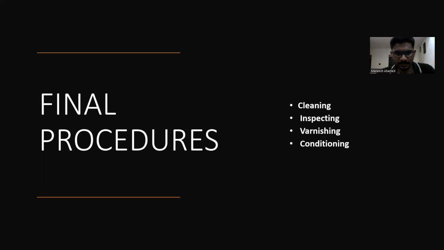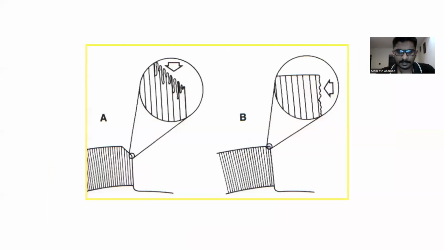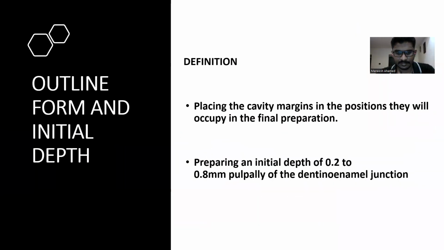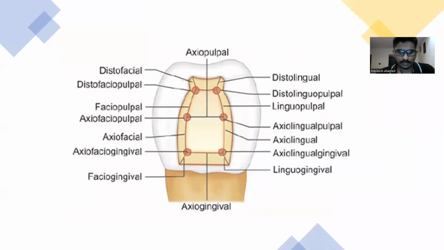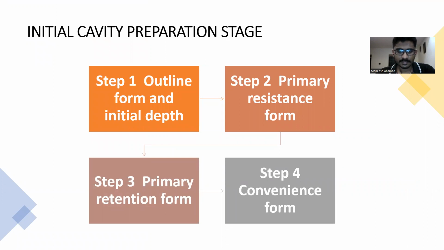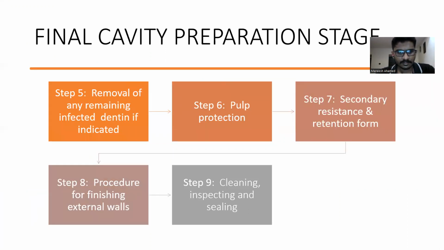So these are the final procedures involved in cavity tooth preparation. By this we complete the fundamentals of cavity preparation. Basically, in the fundamentals of cavity preparation, we discussed the various objectives of cavity preparation, the ideal principles, the ideal features that will exist in a cavity, and it is broadly divided into two categories, initial cavity preparation and final cavity preparation. Under initial cavity preparation, we have four steps, that is outline form and initial depth. Initial depth is usually 0.2 to 0.8 millimeter from the DEJ, and we have primary resistance, primary retention, and convenience form. In the final cavity preparation stage, we have five steps, which include removal of any remaining infected tooth material and protection of the pulp, secondary resistance and retention form, and finishing of external walls, and the final step of cleaning,